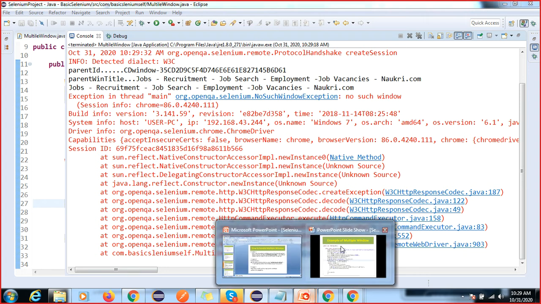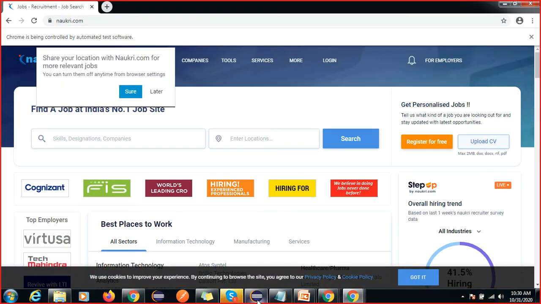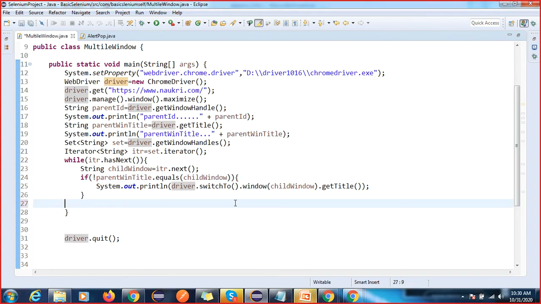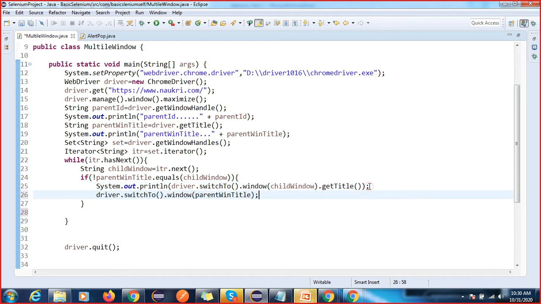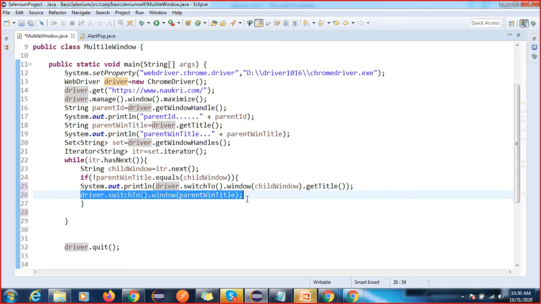Okay, so we have given this after this. One second. So after switching this, we have to write it after that only, because otherwise it is not finding it.